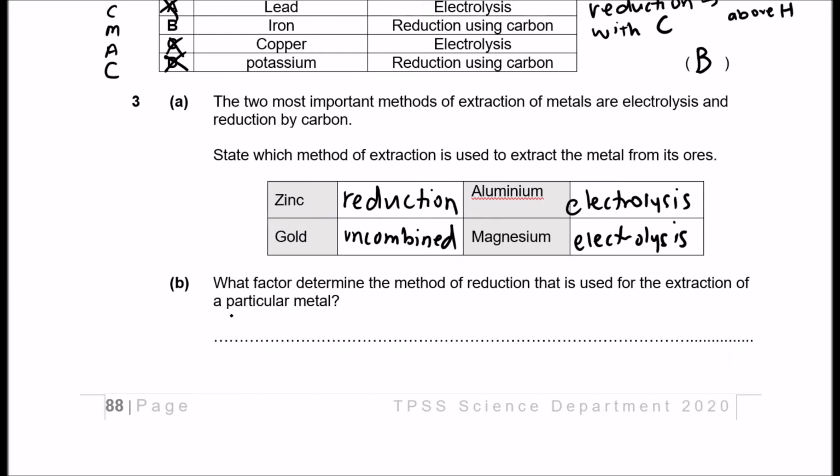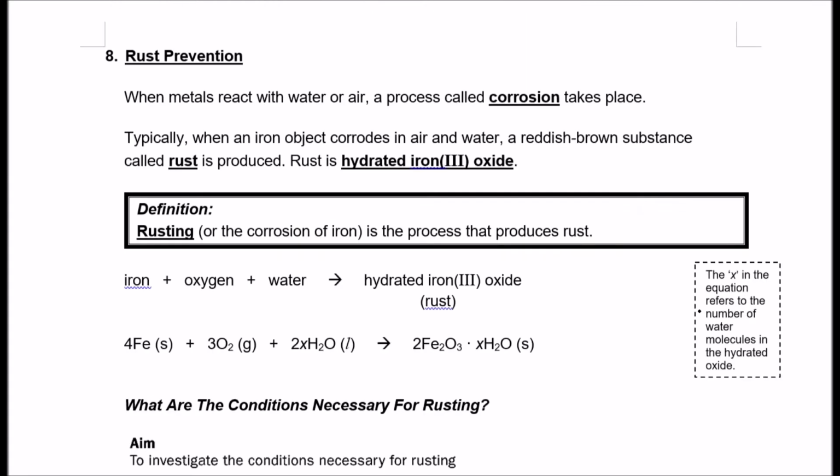For gold, it is uncombined, so we'll just use a physical method to extract. The factor that determines the method is their reactivity. Rather, we can also say that it is the strength of the bond within the ore itself. So the more reactive it is,